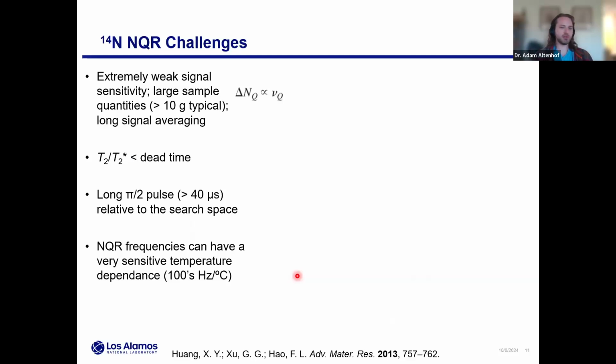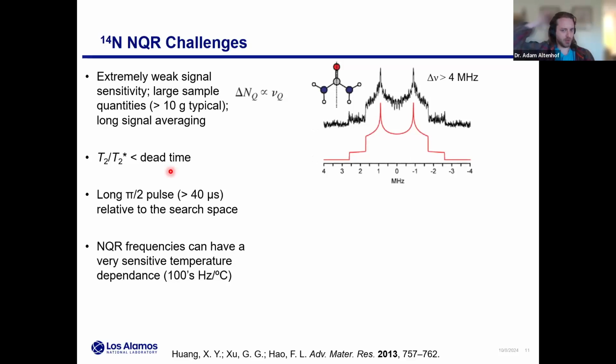Now, I'm sure some of you are familiar, the challenges associated with NQR are many. Signal sensitivity is incredibly weak: there's no magnetic field, relying just on the quadrupolar interaction, which is relatively weaker for 14N. So we get around this with the usual tricks: large sample volumes, long experimental times. We do have this extreme problem, certainly in 14N of small organics: the T2 could be really short. It could be the limiting factor on T2 star. If that's less than your dead time, you're never even going to see signal. And what I want to talk about a lot today is this sort of search for signal, if you will.